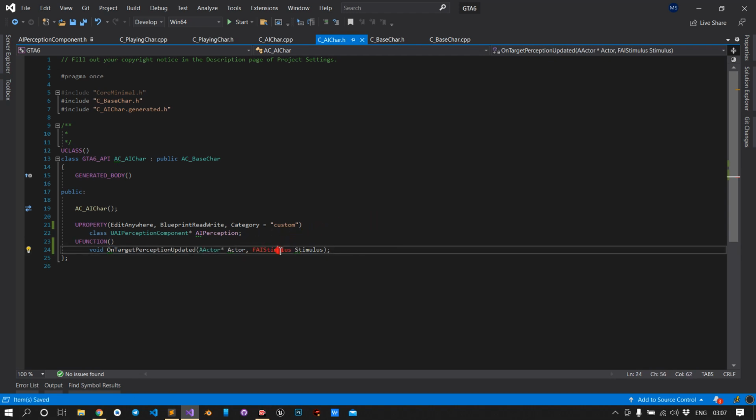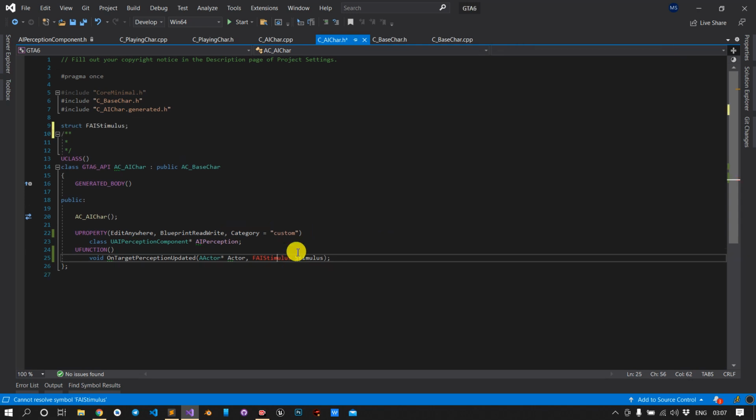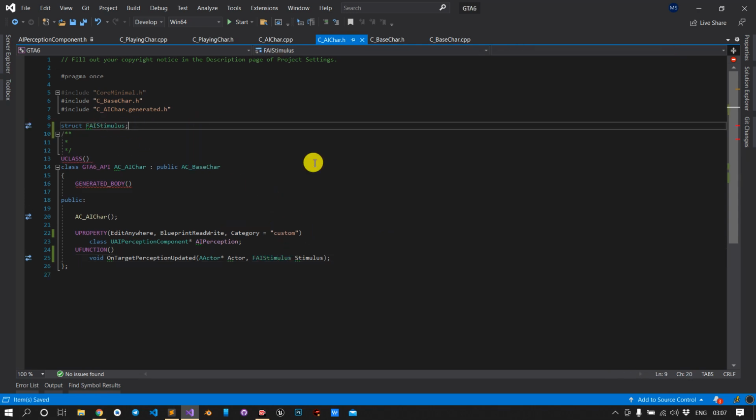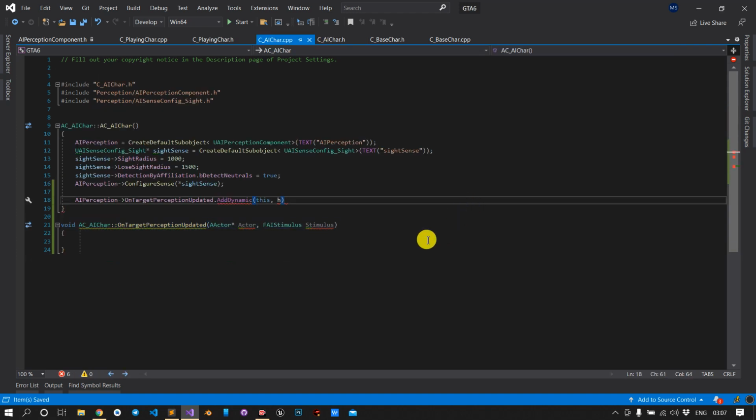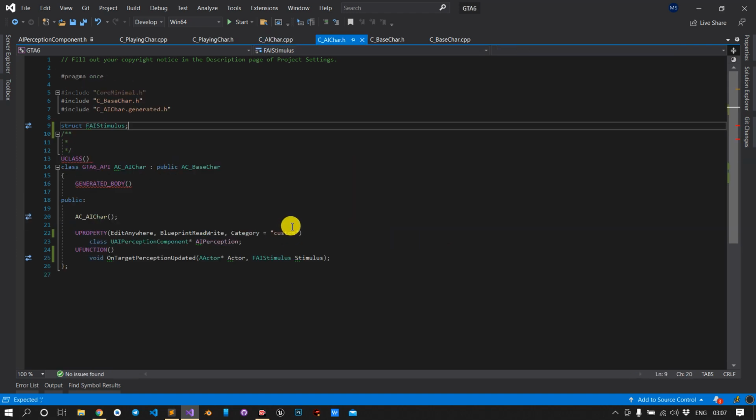Okay, so FAIStimulus is a declaration struct. Actually, FAIStimulus is a type of AI perception type, so I will just include the header file.